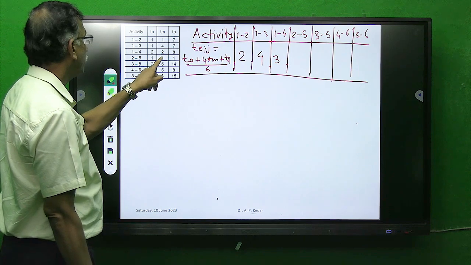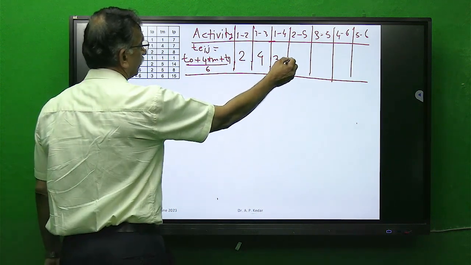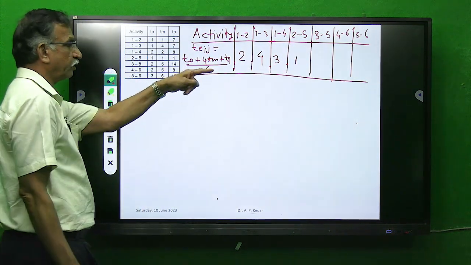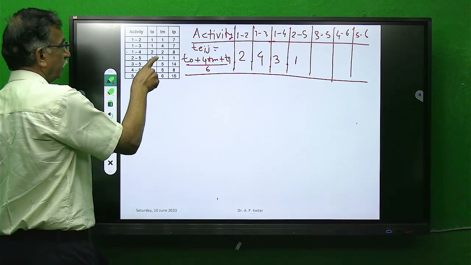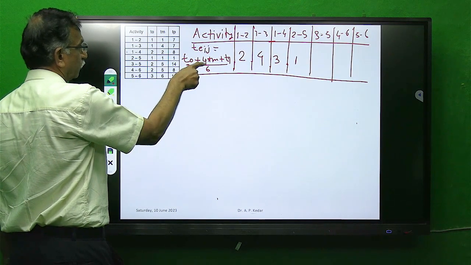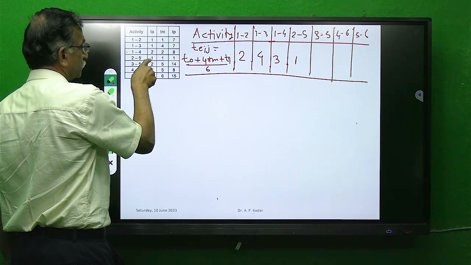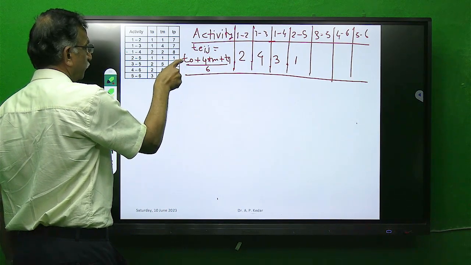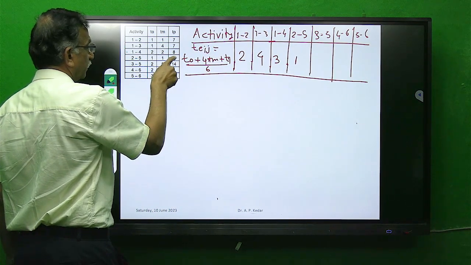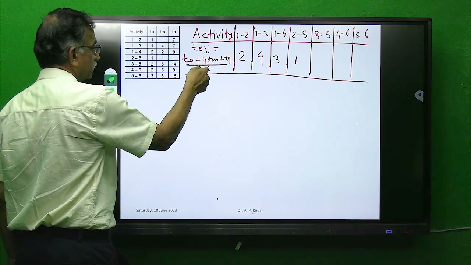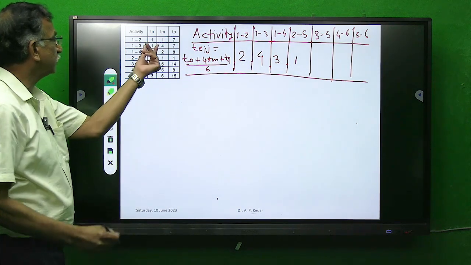Now for 2-5, it is the same; when the values are the same, the middle value will be the same. Try 1-4: 4 ones are 4, 4 ones are 4, this is 1, 4 plus 1 is 5, plus 1 is 6, 6 by 6 is 1. So whenever the difference is the same